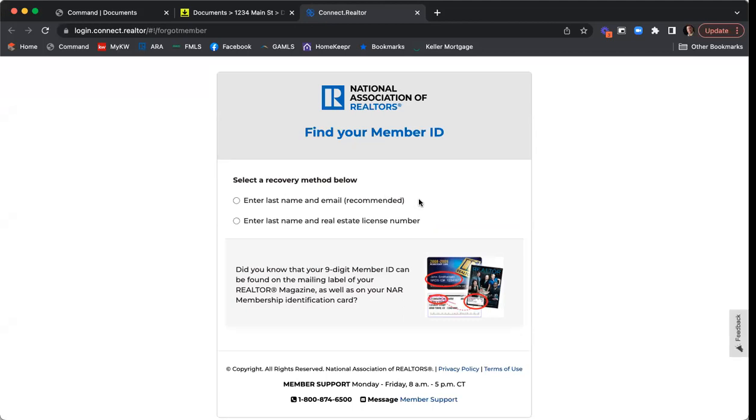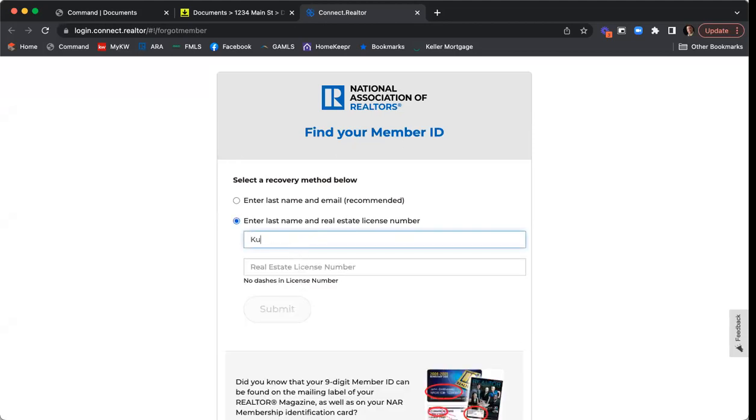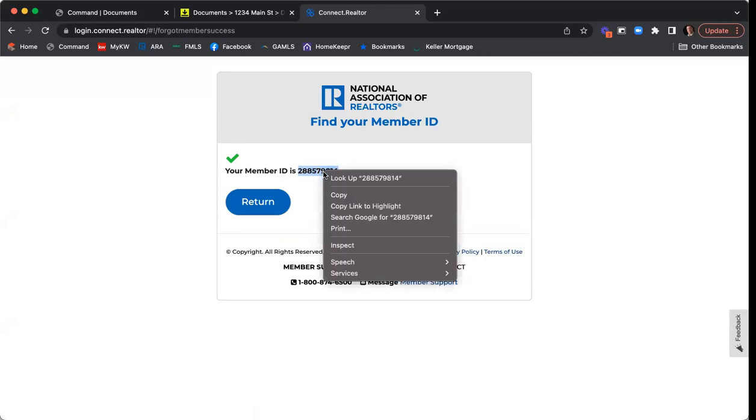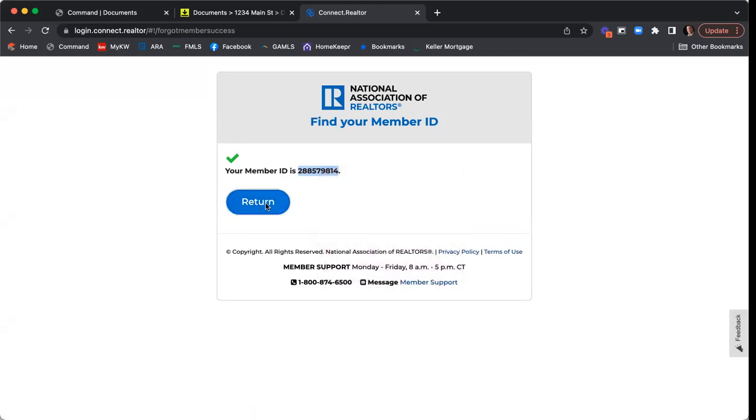And I can use my last name, email address, and/or license number to look up my NERDS ID. So I'm going to use my last name and my license number. I'm going to click submit. And here is my NERDS ID. Now, one thing to keep in mind, let me just copy this. Okay,